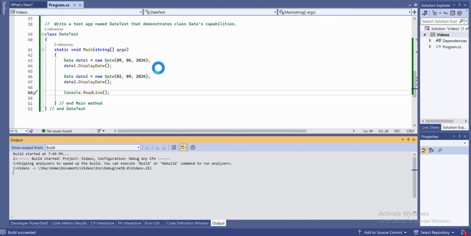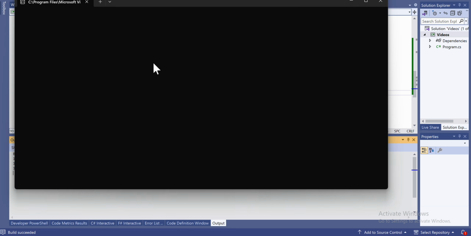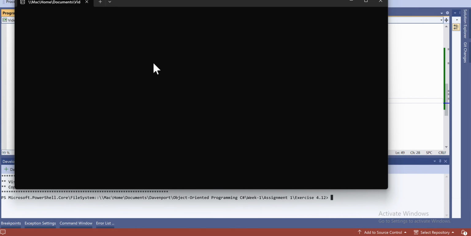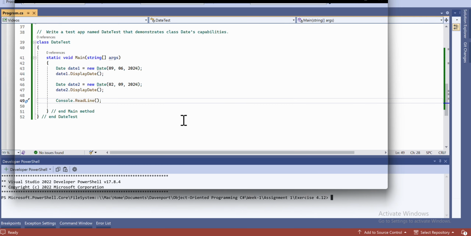But I encourage you, as always, to really make it your own and add some visual things. You can add testing. If you want, you could add validation for if the month is greater than 12 or less than 1, or the year is within a range. You can add your own validation, or you can simply add some console write lines to make your UI look a little bit better. Right now everything's working, that's all you need, that's great. But you can also add things like